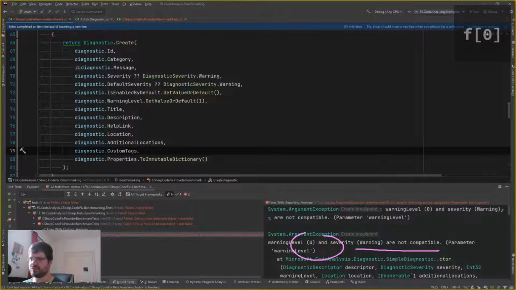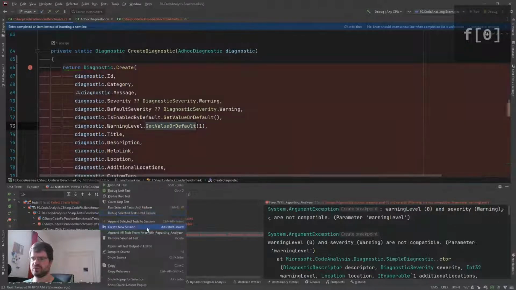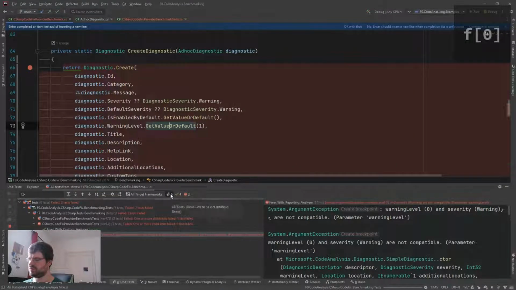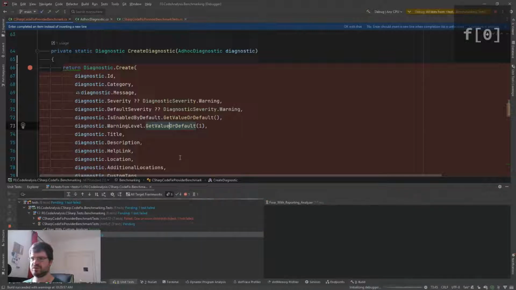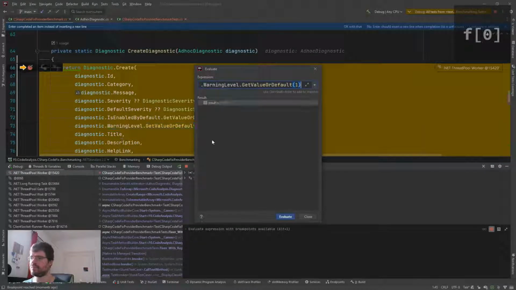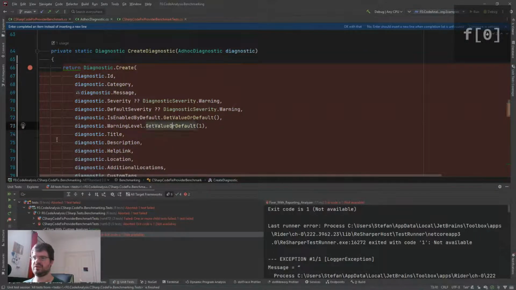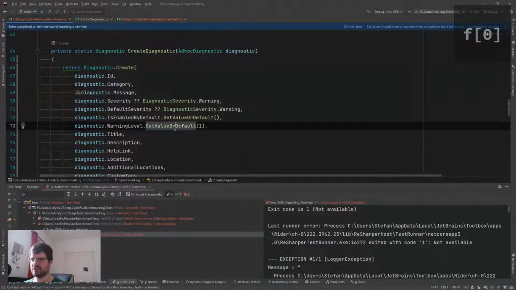Warning level 0 and severity warning are not compatible, but I do return 1. Where's the 0 coming from? It does return 0. The warning level is null. Why does this return 0? Although I set it here, get value a default to 1. Isn't